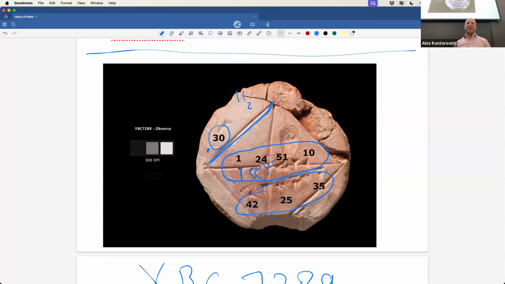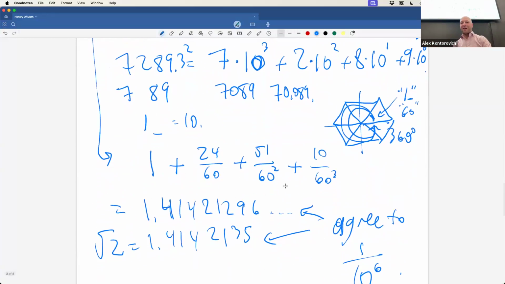So that's what I mean by when you put all of those different pieces of evidence together and they all give you something to very high accuracy, you go, that's probably what was going on. Beyond a reasonable doubt. Or beyond some amount of doubt. That's what I also think, and I've been told that that's what people who are actually experts in this stuff think is going on in this picture. But what I can, with precision, compute is the fact that this number is within 1/1,000,000th of actual value of root 2.